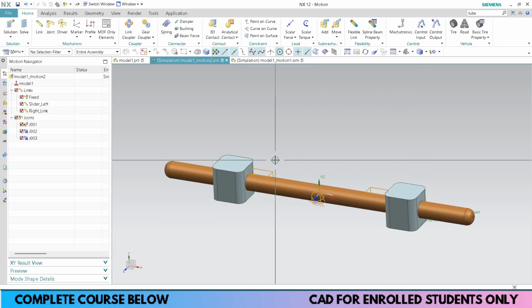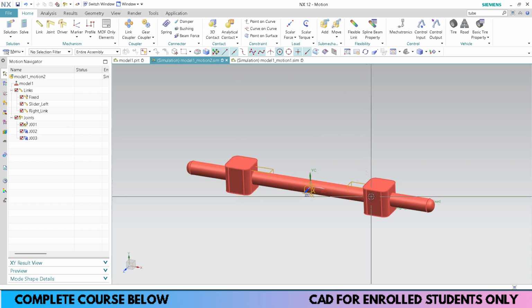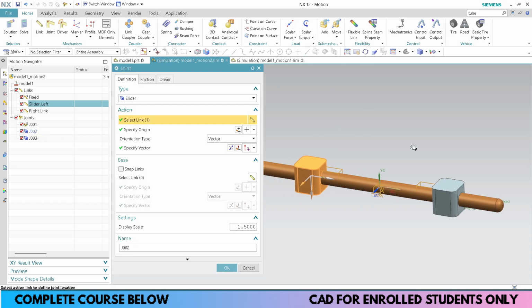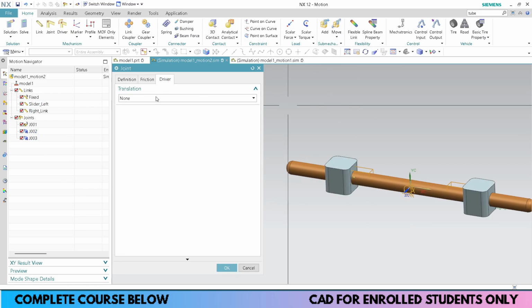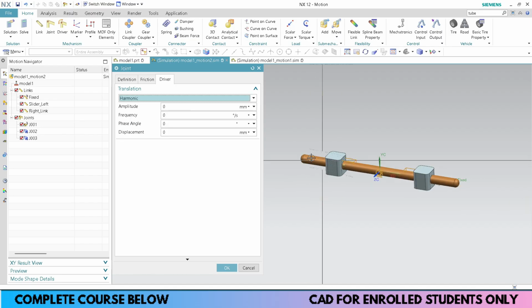Now we are left with the driver. So in this case, we have two drivers because two bodies are moving. One is this and the second one is this. So right click on this joint number 1 and we are going to make this as a driver. And for this tutorial I am following the harmonic oscillation. That means the motion would be like this in the x and minus x direction. So this would be oscillating. So I'm putting the values at random, 30, 180, or let's say 90.